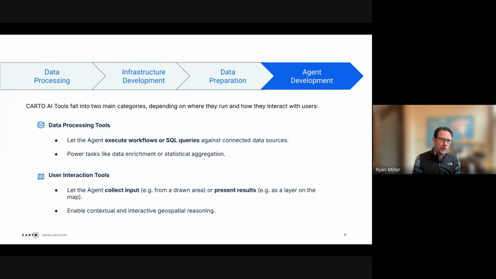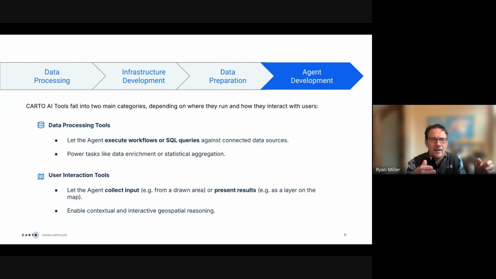And then we think about user interaction tools. This is how you collect input from the user. That could be drawing a mask on the map to say focus on this particular area, or using contextual information like "save the parcels that I'm looking at," where the agent would be able to reconcile that description and say, okay, I'm going to use the viewport, the area of the map extent, to process and save those answers.